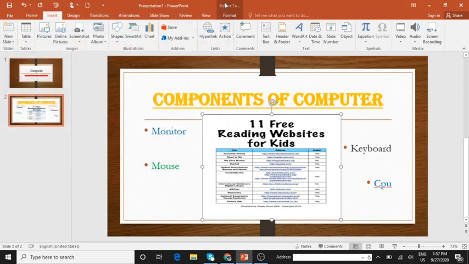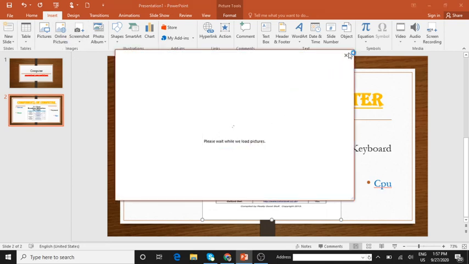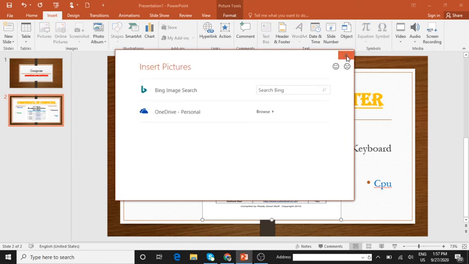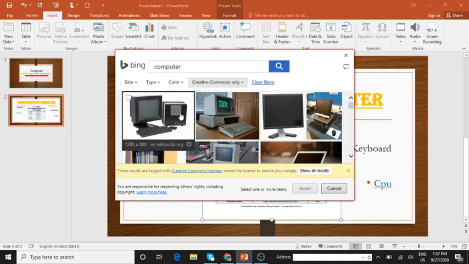Okay, then insert it. Understood? Or you can just click on the online pictures. So just click on that, select the picture, okay, click on insert.